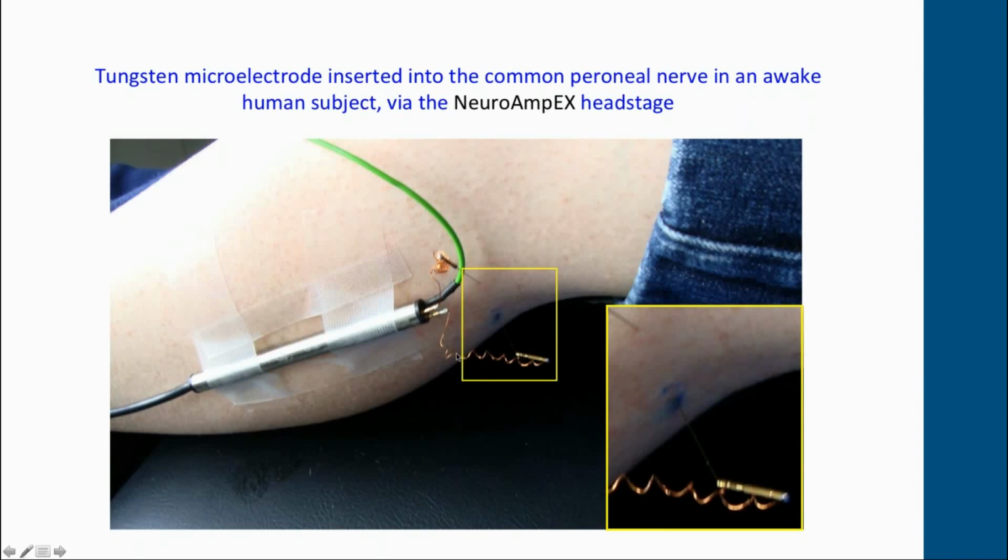And I just make this little connecting wire out of copper winding wire. It's insulated. You need to scrape off the insulation with the last 1 or 2 millimeters and solder it to the pins that come with the amplifier. So the amplifier head stage comes with 3 male and 3 female pins, and you can order additional ones from Frederick Haer or WPI.